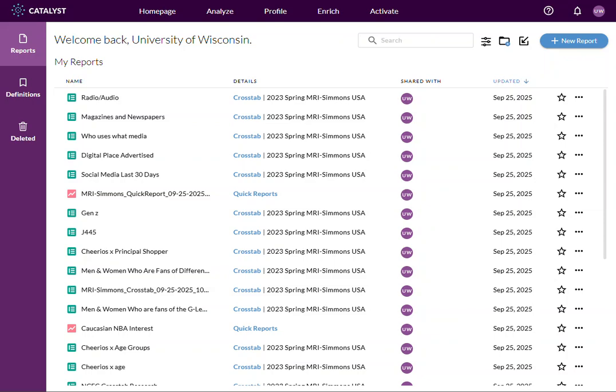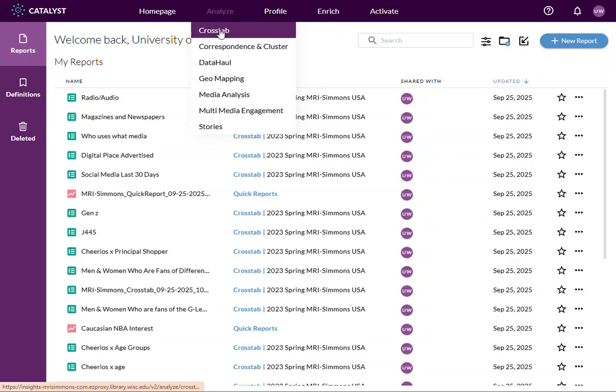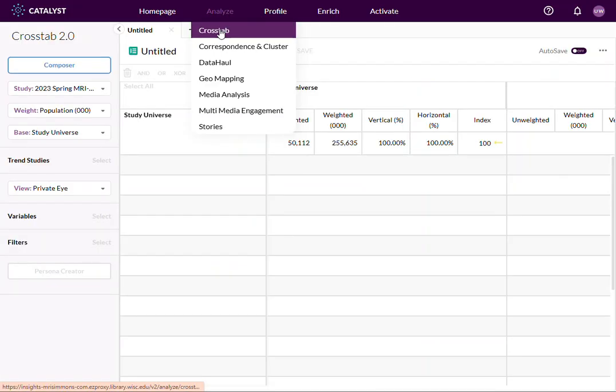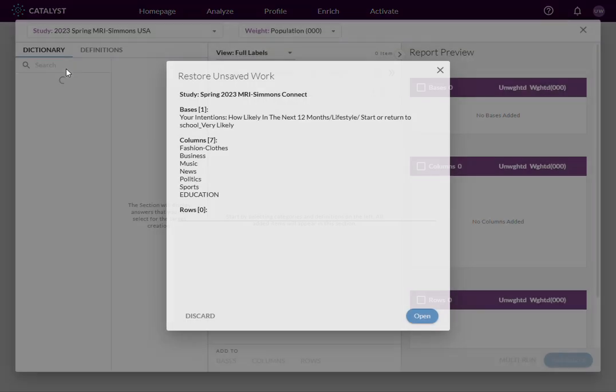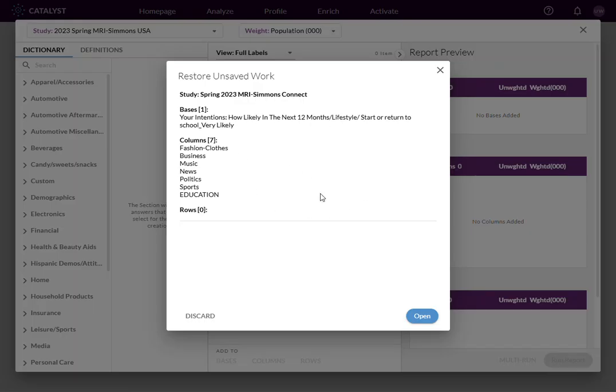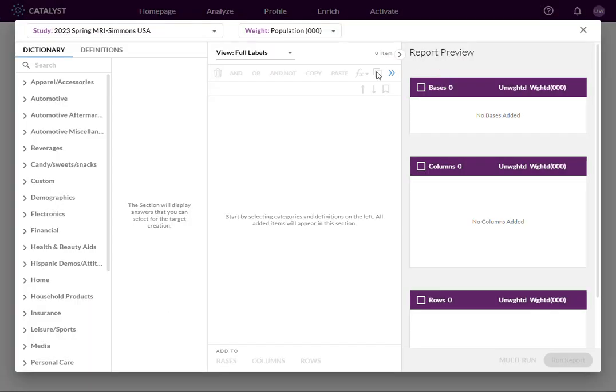To ask specific questions about people who bought ground beef, you can use a cross tab instead, and that would be on the main page under Analyze. That's where you can choose cross tab. Again, cross tab will use a composer. If a box like this comes up, you can just close it. This is asking you about the last person's search. If you want to save it, you can just close it.